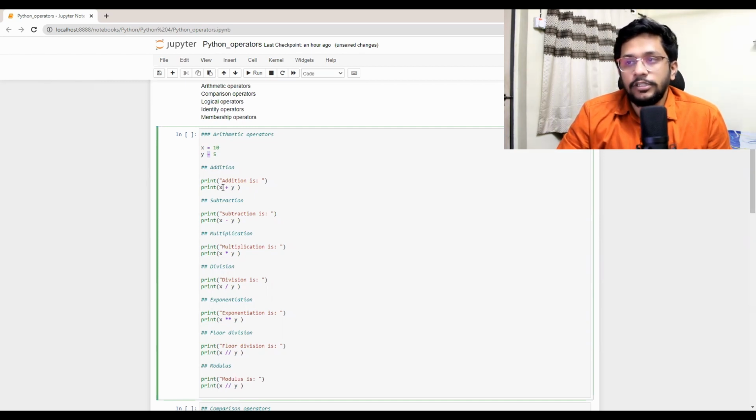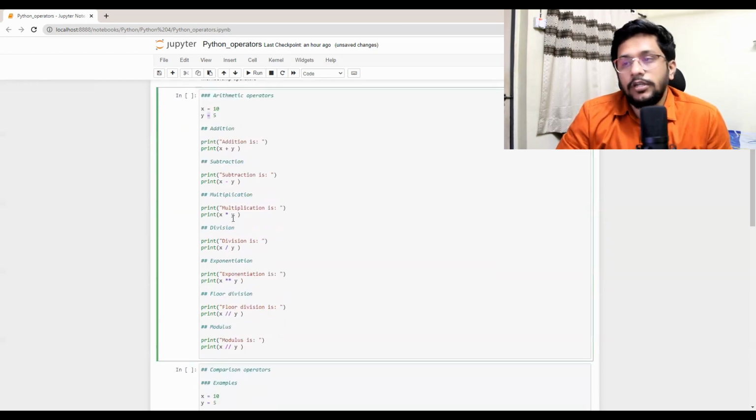Next, the first one is addition. Addition syntax is very simple, just the plus sign, that's it. Subtraction, pretty simple, just the minus sign between two variables. The plus sign can be used between two integer values, two float values, and two strings as well to concatenate them, to combine them with each other, right? Whereas the minus sign can be used with integer and float, that's it. Then multiplication is another one where you just use star, shift 8 on a normal Windows keyboard.